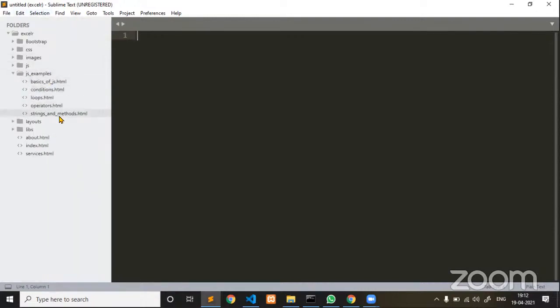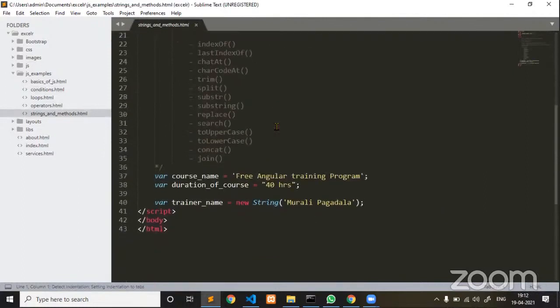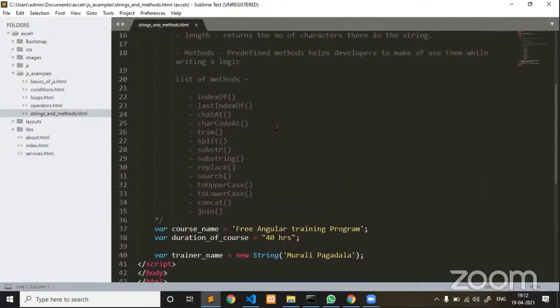Now let me explain about string and string methods. Guys, yesterday we discussed the methods which are there in strings in JavaScript. JavaScript has a lot of methods related to a string to perform some operations. Instead of writing code from scratch, you can make use of the existing methods in JavaScript to complete it. Among all these methods, let me keep explaining each one of them.